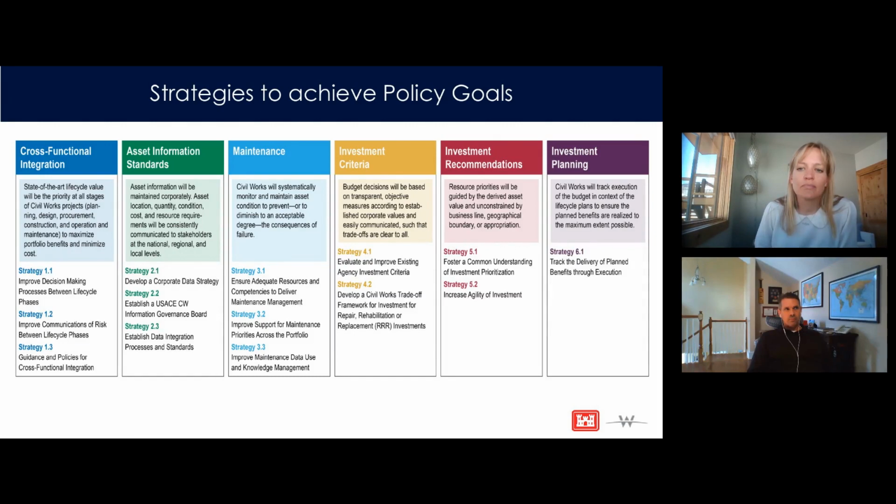And so the PDT didn't just say, "Hey, we need to foster common understanding." That wouldn't have been very helpful. So beneath each of the strategies, discrete actions were called out to make that happen, to achieve that common understanding. So if you think about that for a moment, what might you do? If you know the Corps of Engineers, you've already got some idea. But what's the Corps of Engineers need to do to achieve a common understanding about investment